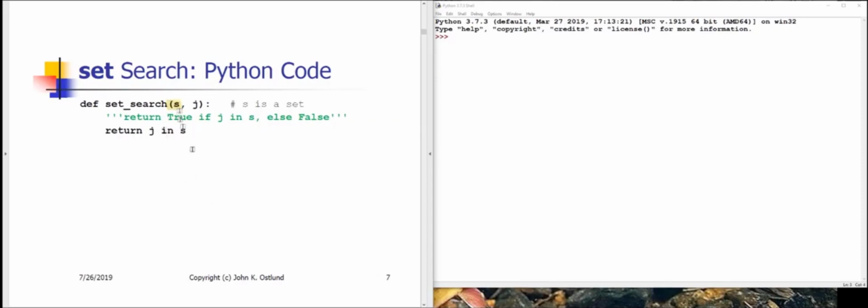We have our set as the first parameter to set search, and the value that we're looking for, j, as the second parameter, and we simply ask whether j is in S, using the built-in in operator for sets. This will yield true if j is in S and false otherwise,